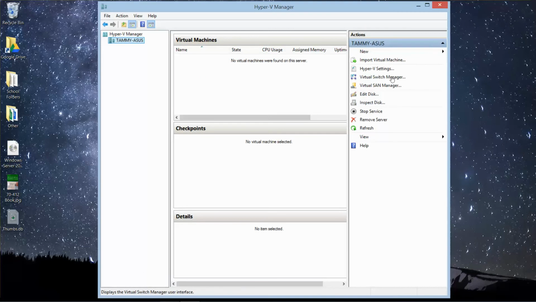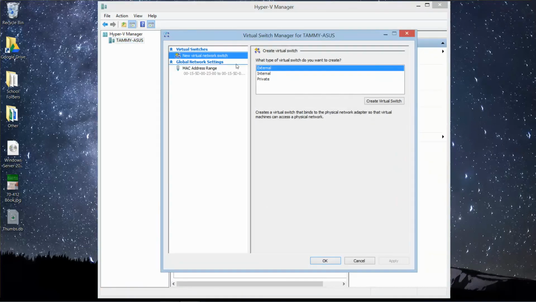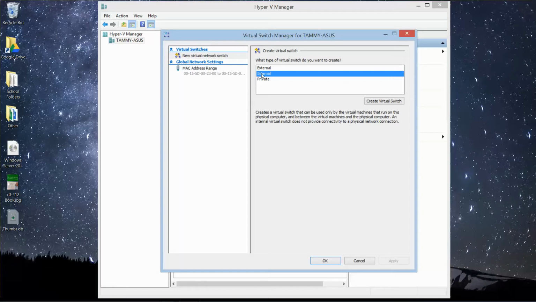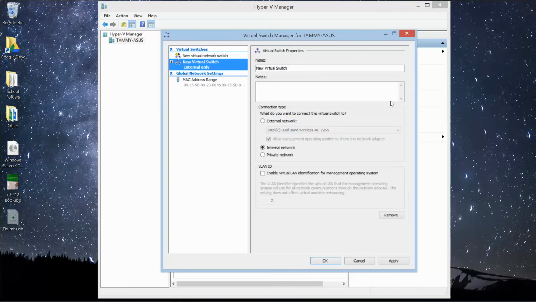Now I'm going to go in my virtual switch manager, and I want to add an internal switch. So we have to create an internal switch so we can get connectivity between the virtual machines, and we're going to have basically 4 virtual machines running. The RWDC, which is our domain controller, server 1 and server 2, and then storage 1. I think we set up storage 1 during the first lab. So we're going to create an internal switch and create, and we're going to name it. So I'm going to name it